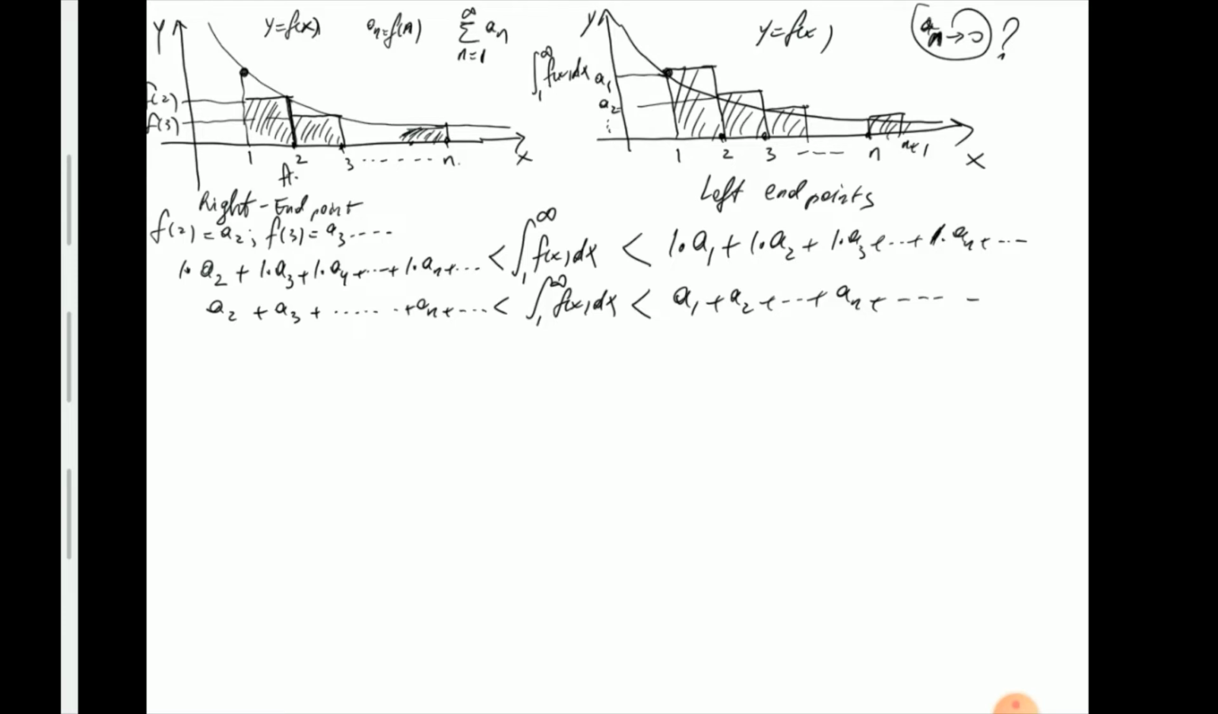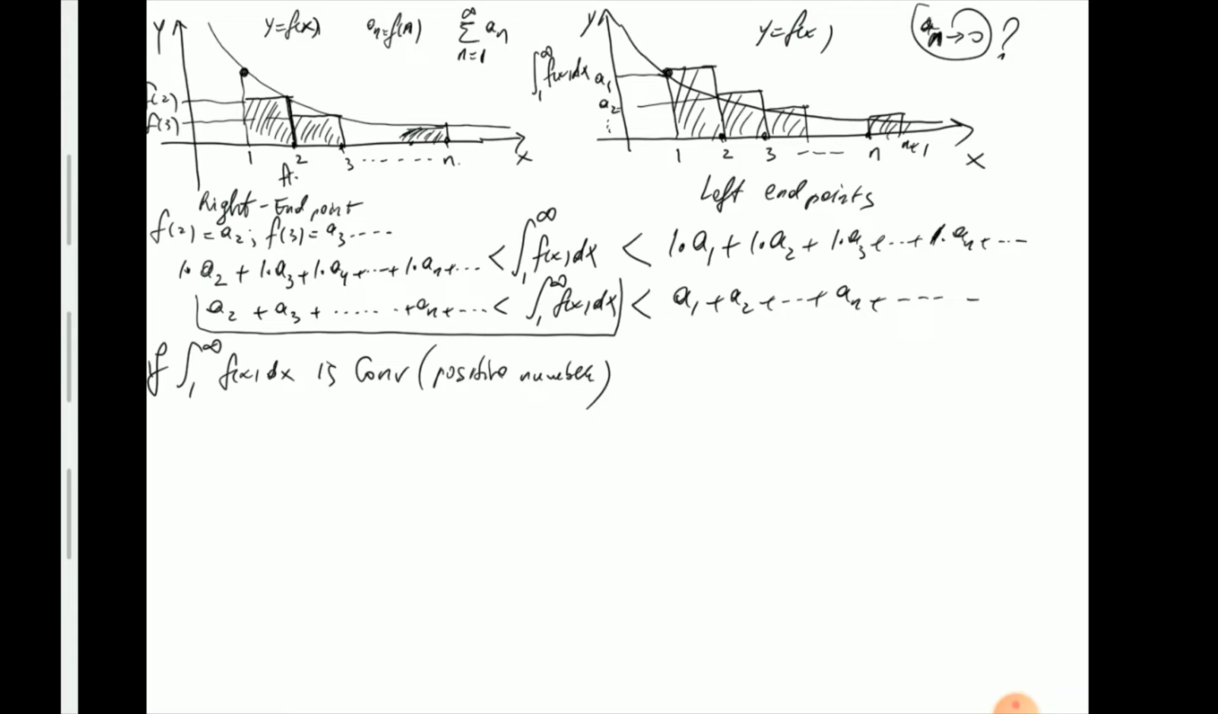So this is the inequality that actually gives you everything, basically, because let's think about the two versions of what the integral test implies. If the integral from 1 to infinity of f of x dx is convergent, so that means it's a positive number, because the function is positive, right? So imagine you have a positive number. Well, if I look at the left side of this inequality, it stands to reason that the summation from 2 to infinity of an is also convergent,